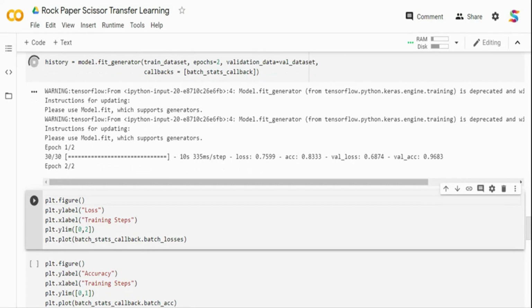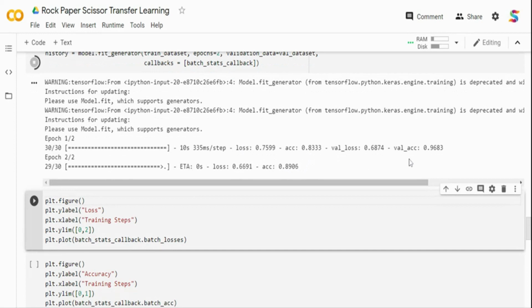So if you see over here, the first epoch is completed. The accuracy is 0.83 and the validation accuracy is pretty high. Now the loss is high. The reason is we are using categorical cross entropy, and in categorical cross entropy, the loss is not bounded. So even one wrong prediction can make your loss blow out, right? That's why you're seeing higher loss, but still our accuracy is good. Now the model training is complete, and you're seeing the accuracy is 97%, and the validation accuracy is also close enough, right?